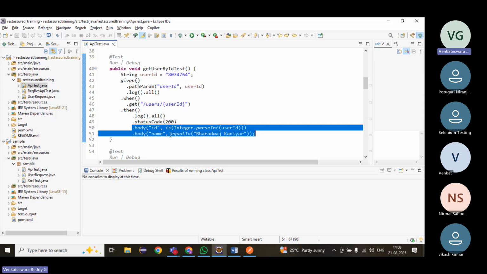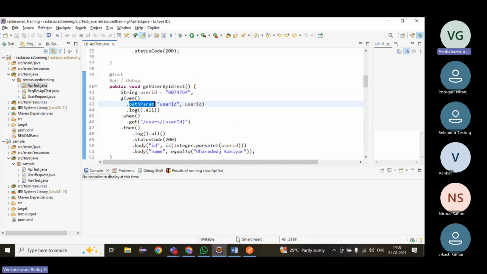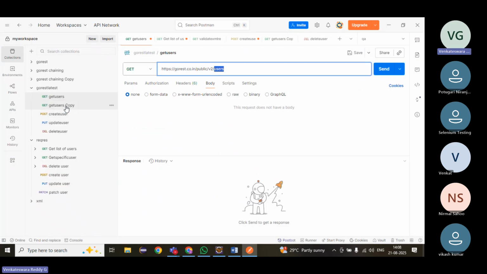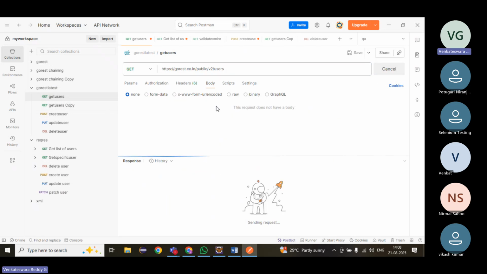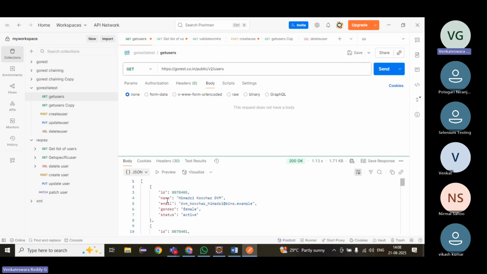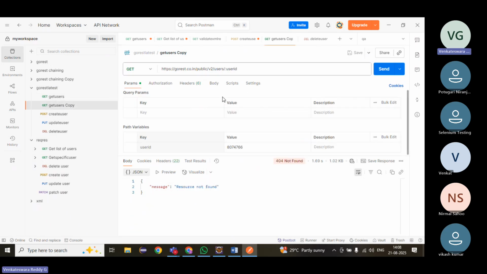We can do response body validations. Here we have sent a path parameter also. What is a path parameter? Suppose out of all the users, I want to get a particular user. Here in the get users API, we are getting multiple users, multiple records. Suppose I want to get a particular record, then we have to give this inside a path. Directly we can give,